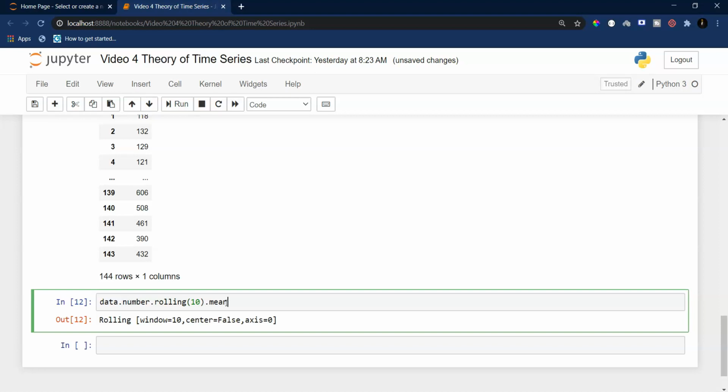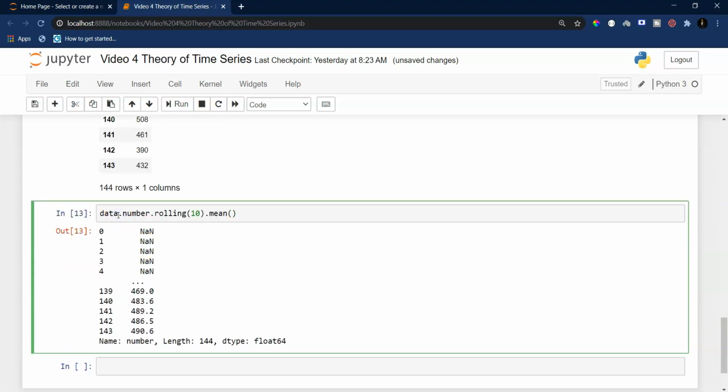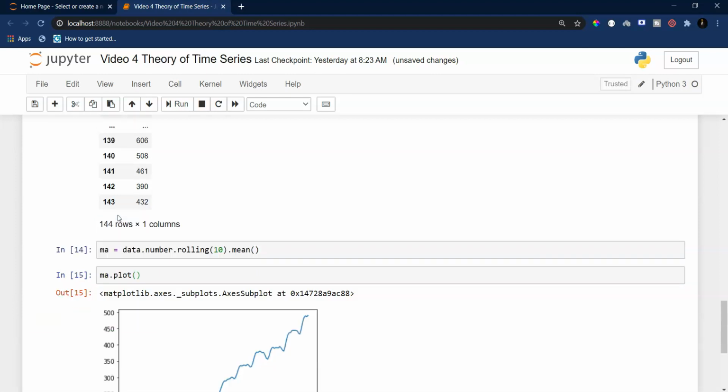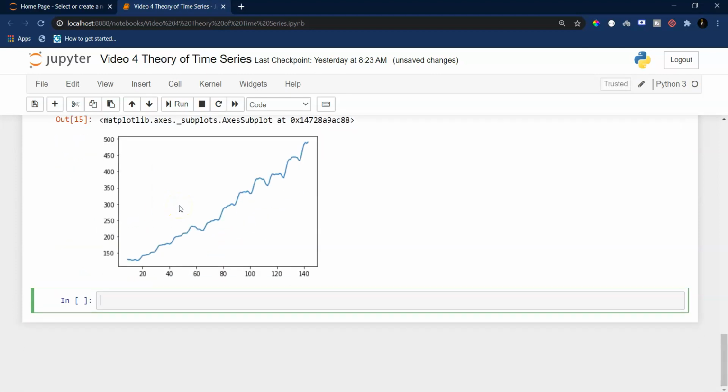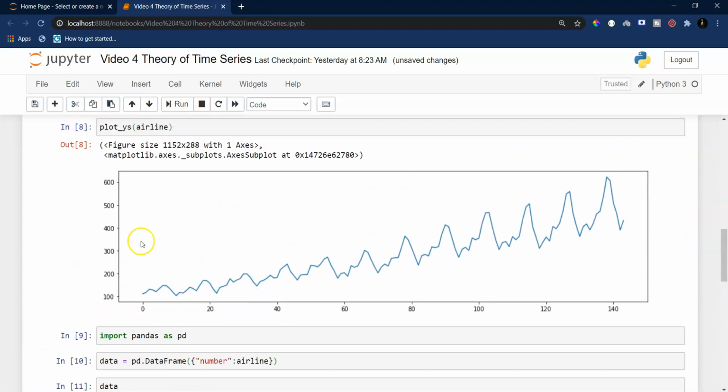So let's say I call mean, and if I hit enter, we have another series, and I can call this series, let's say, moving average, MA, and after this I can plot this MA. And now notice here, the fluctuation in this plot is less than the fluctuation in this plot.